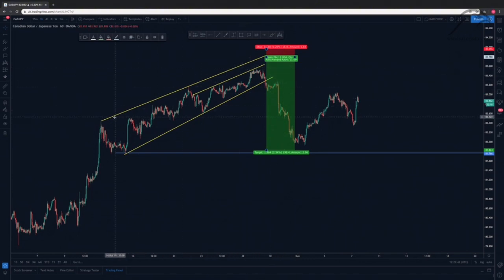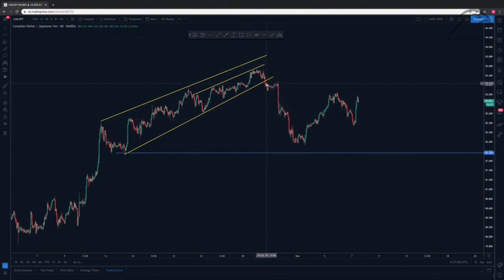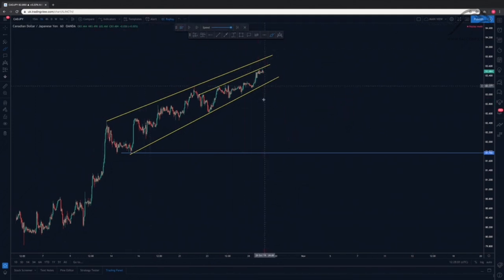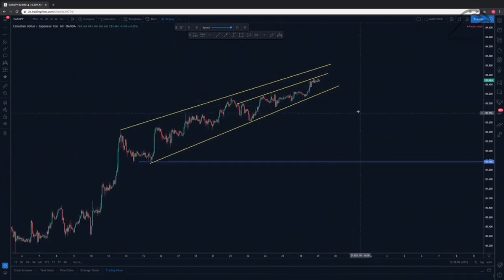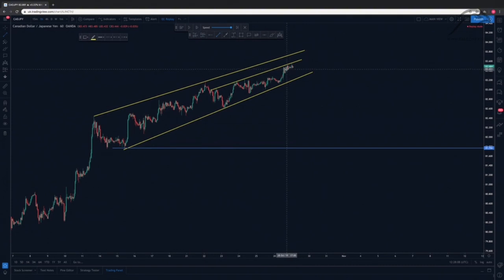Now, sometimes it won't get all the way to the outer structure because we already broke that double top, so we could drop at any point. But what we do have is 1, 2, 3. We actually have a risk entry in here. So you're essentially taking this trade, just replay that back. You're taking the trade here, and it has an element of a reduced risk in it, in a sense that you're either taking it literally right at the top, or you're actually setting an order on the break, like so,